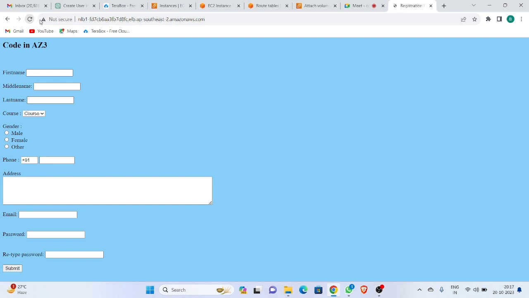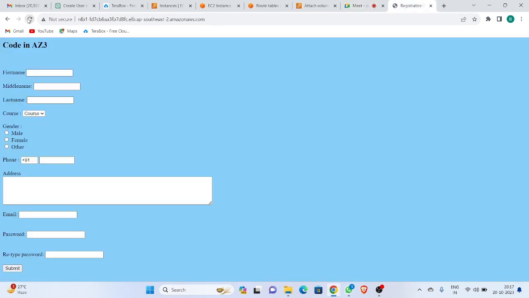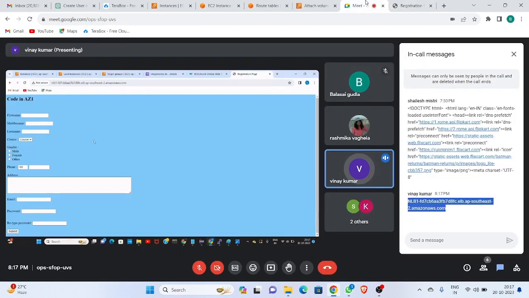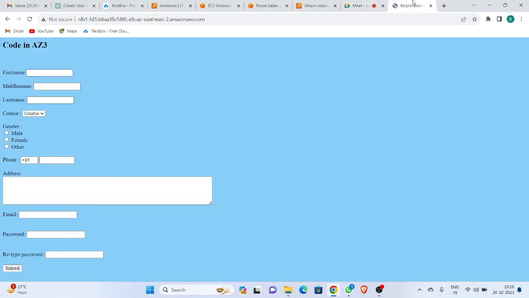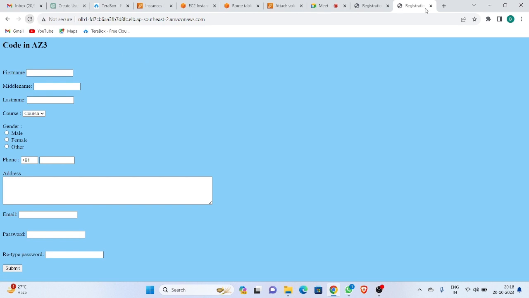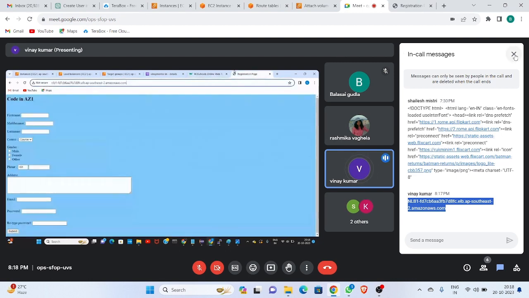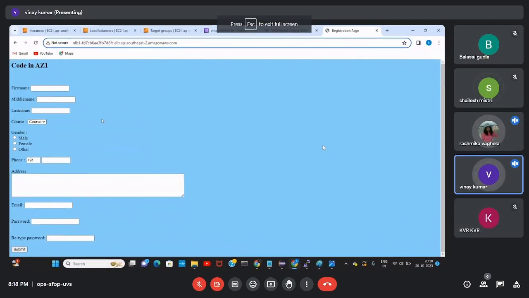Does it randomly hit a different server, or are there some conditions based on which it goes? Not any conditions, it randomly hits the servers. Conditions means a different scenario. It depends upon the path. For example, if you mention a particular path, then it will reach a particular target. That's related to the application load balancer. As of now, we are learning the network load balancer. It will just go the direct way, and its performance is also very high.